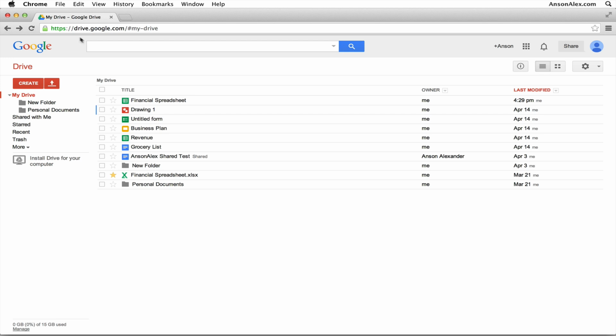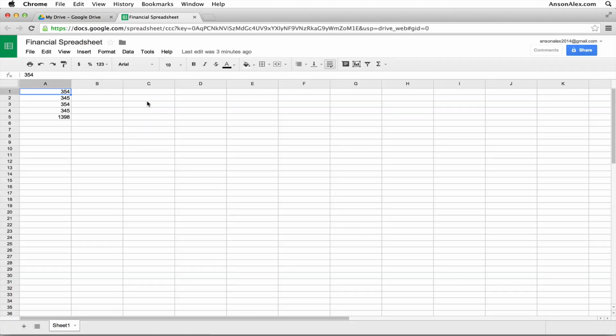So I've got a list of documents here, and I'm just going to open up one of them that I know has had a few changes made to it. It's this financial spreadsheet document up here at the top. Now, I know there isn't a ton of data in here. You can see we've only got 5 rows of data here, but we've got enough to see what the revision